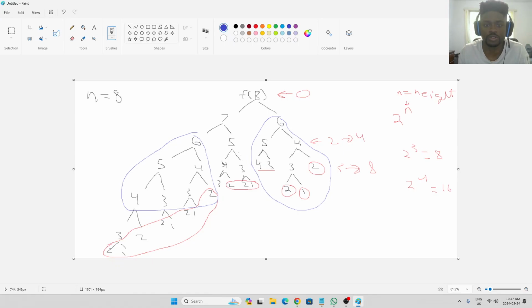It's the exact same tree. We see this 5 is the exact same subtree as if we were to be this 5 over here, right? Same thing with the 3, same thing with the 3 over here, right? So to greatly reduce the time complexity, why don't we say that if we've computed a subtree, we can store its return value in memory, right? So when we store the return value in memory, we know that we don't have to recompute